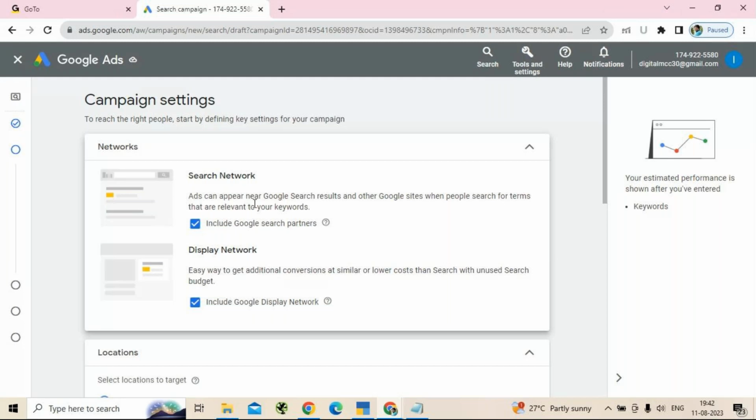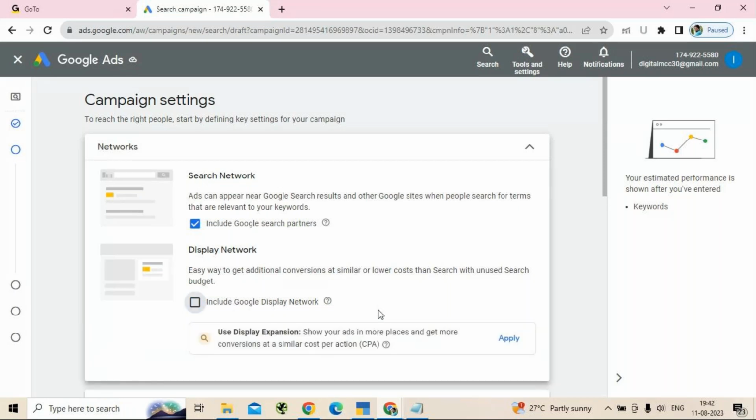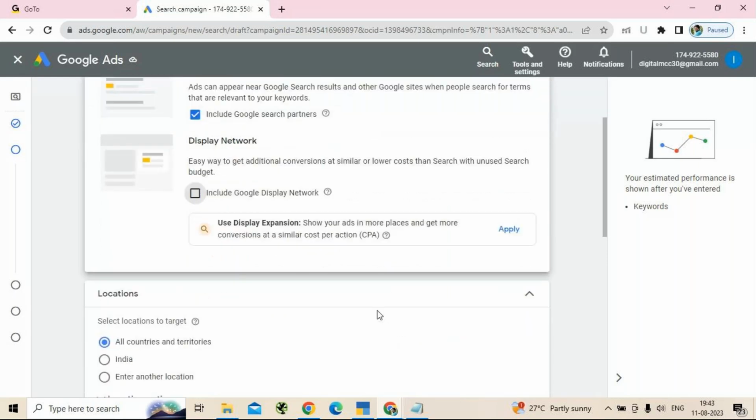Do you want to run it on the display network or the search network? What I will do is keep only the search network platform. Let it be with the search network ad.